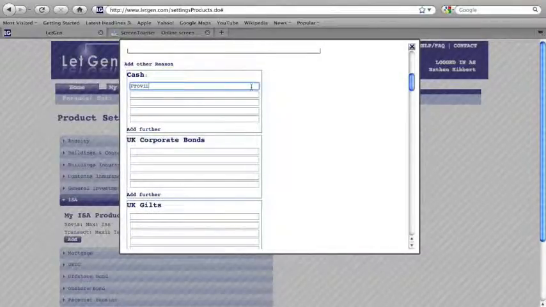The next step in the process is to insert the fund names which you use for this product provider and product type. It's possible to insert 5 funds for each asset class into the system. It's also important to note that you should include funds into each and every sector which you have included in